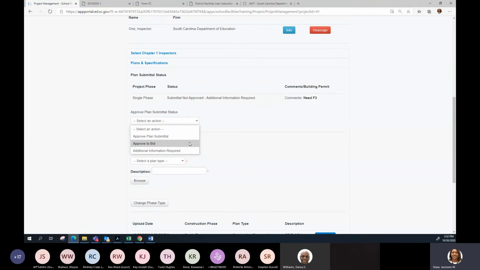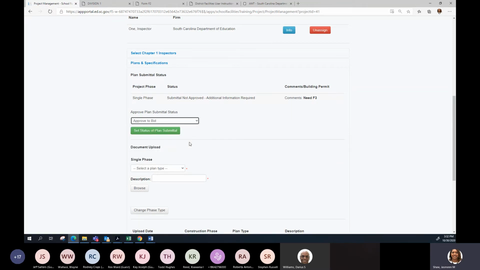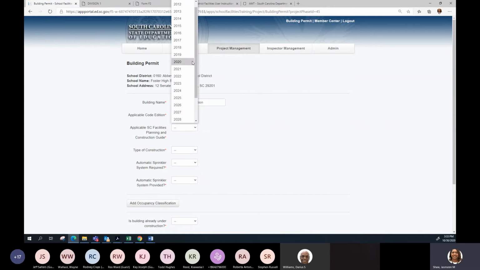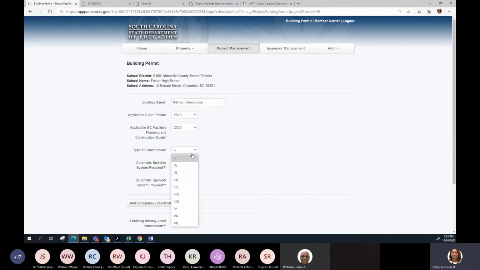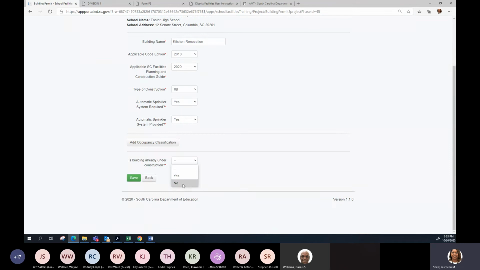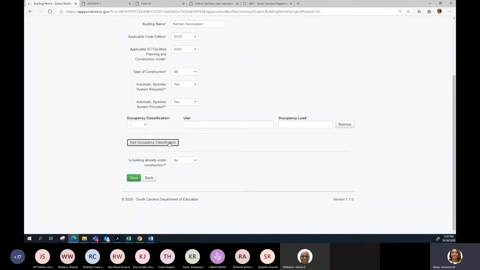Okay, so say Ashley has reviewed the project and she's worked with the design professional to get everything resolved, and she's now approving this project to proceed with construction. Okay, so I'm actually just going to kind of step through because this part Ashley would know what to do. I've trained my people on how to do this part, so they are excited and ready to use this application.